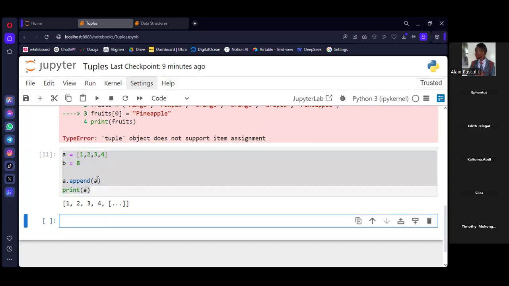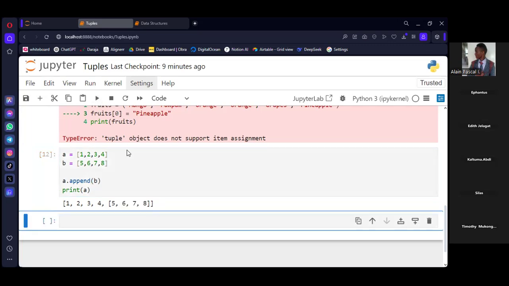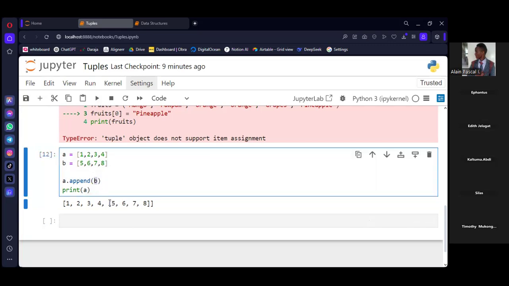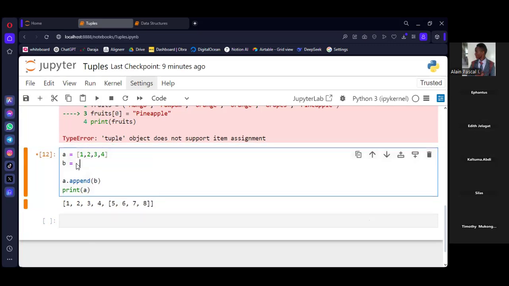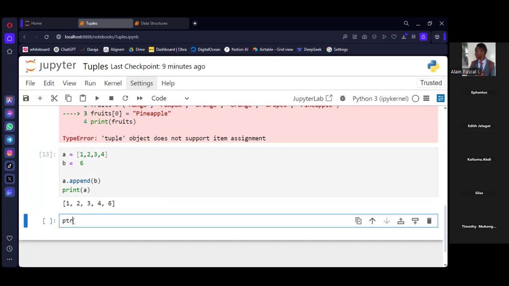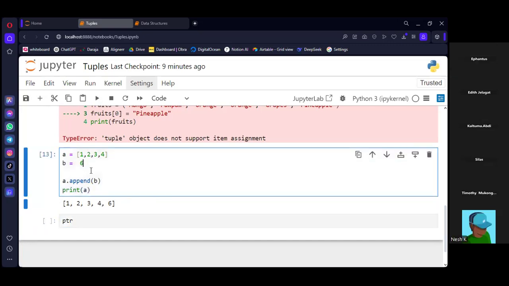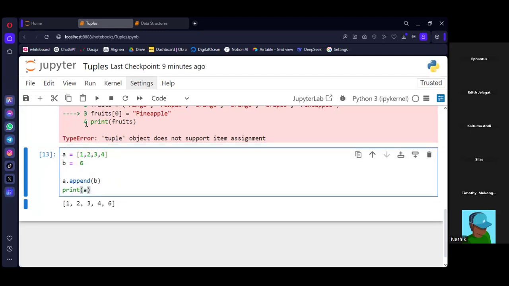Okay, sorry, I noticed the issue here. I was trying to append A to A. Let me undo. Yeah, so you can see, remember the append only takes one value. That's why it is including it in the form of a list. Otherwise, if you say, for example, 6, then you can see it's adding, so this one is modified. When you print A at the bottom, you can see it is modified. But the concatenation process wasn't modifying, it just combined, without modifying the original value.